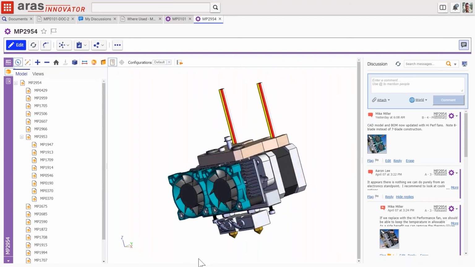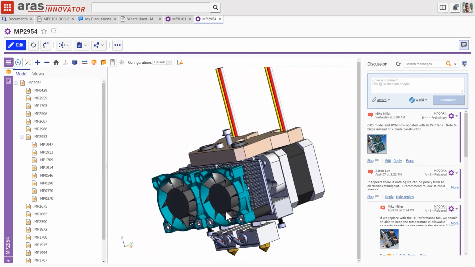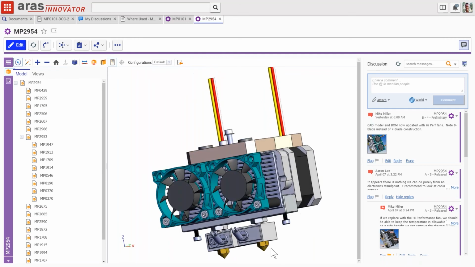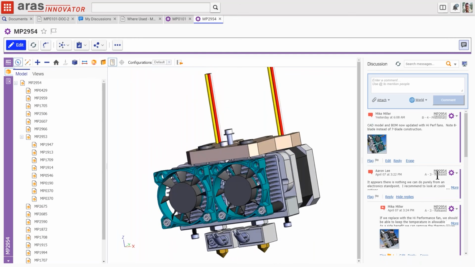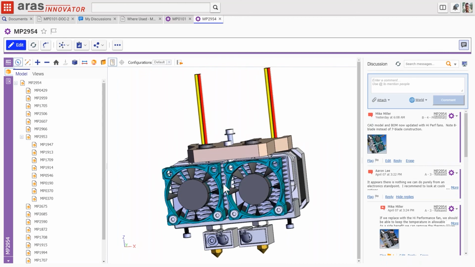So we have spin, we have zoom, we have pan, a bunch of really nice features here. I don't have any plugins, I don't have any CAD on this machine. This is all through the browser window, and I don't have to be a CAD expert. I just need access to this part. So I might be a reviewer, I might be a manager, I might be outside of the engineering team, and I can easily get in and say a few things about this to the rest of my team.